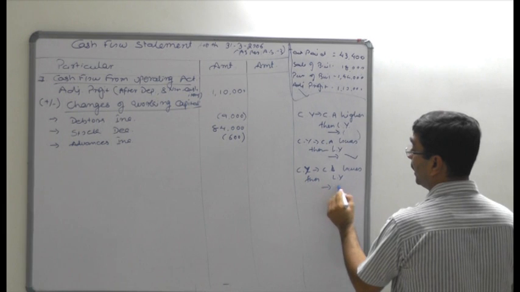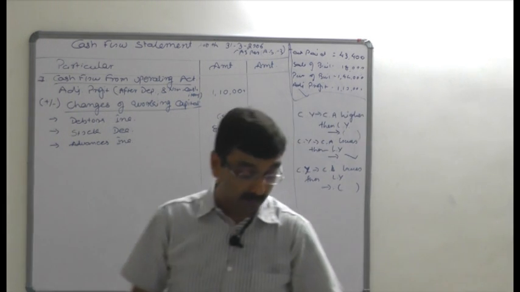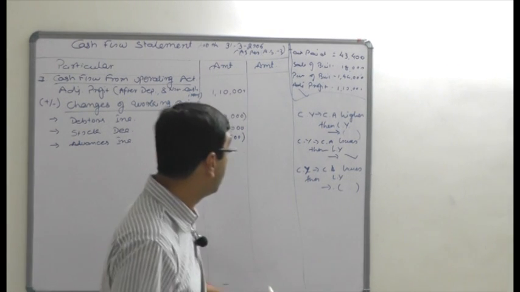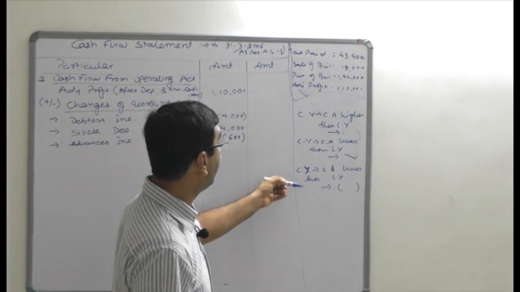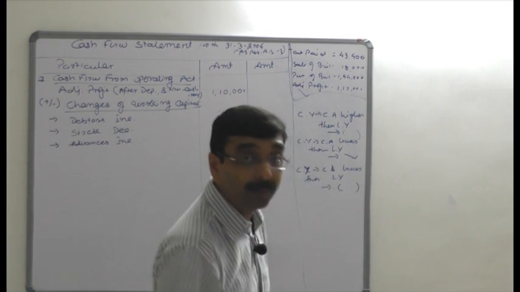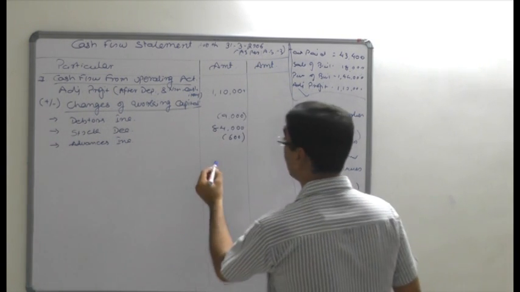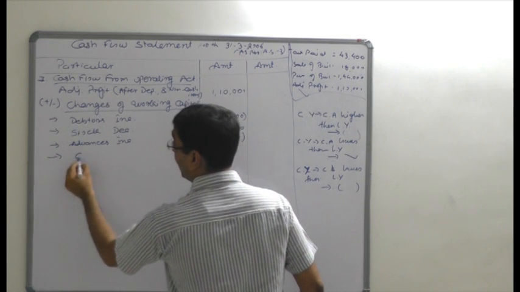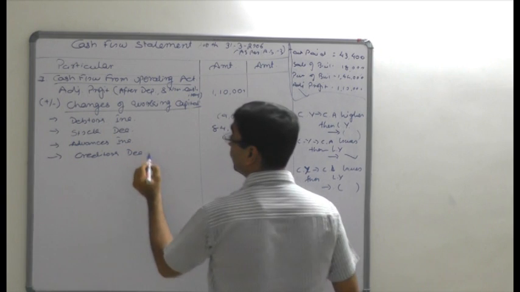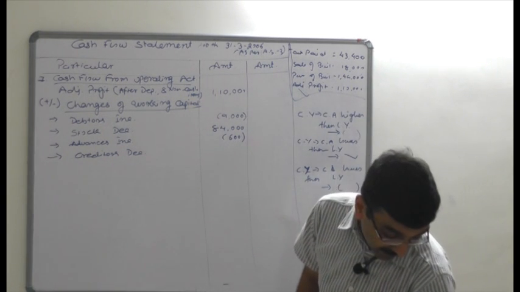If it is lower than the last year, it's always a negative impact, because the current liability has been lesser than the last year, and that's why it is considered part of the negative amount, and that is 3,000 rupees. So creditors decrease. In case of creditors decrease, it's always impacted like